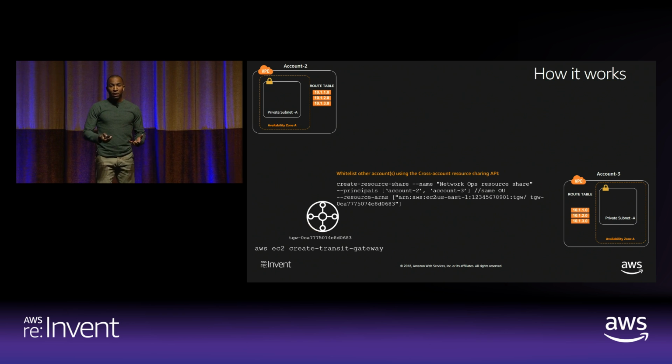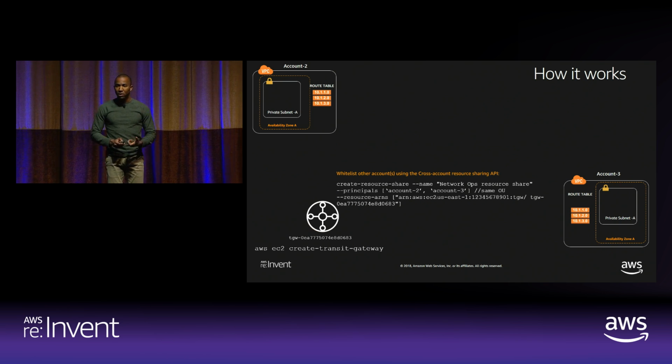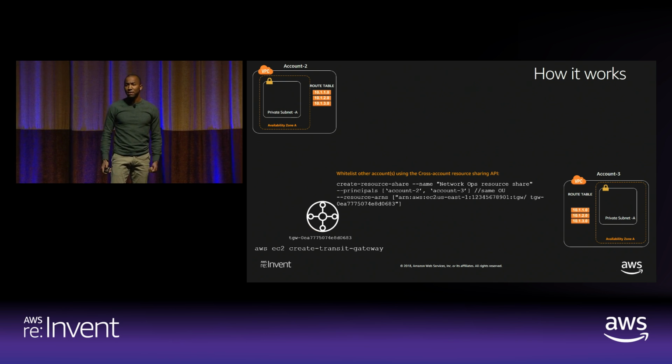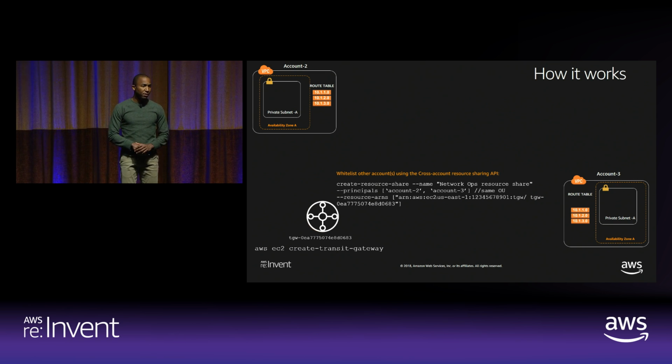Now, the transit gateway, even though you create it within a single account, within a particular region, you have the ability to share this transit gateway to multiple accounts, whether you own those accounts or they're external to your AWS organizations. Now, if I can share my transit gateway with resources inside my AWS organizations, can I simply specify an OU within my organizations to share this transit gateway with, and then have all the accounts that fall within that OU have access to my transit gateway? The answer is yes, which simplifies how you share your transit gateway to multiple accounts.